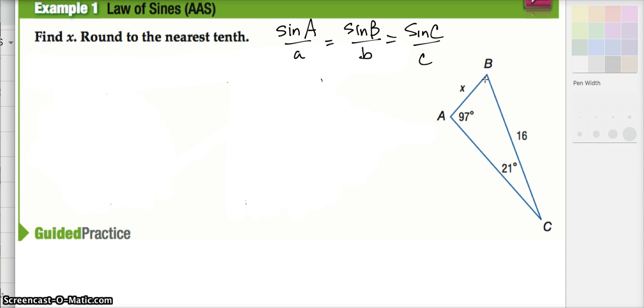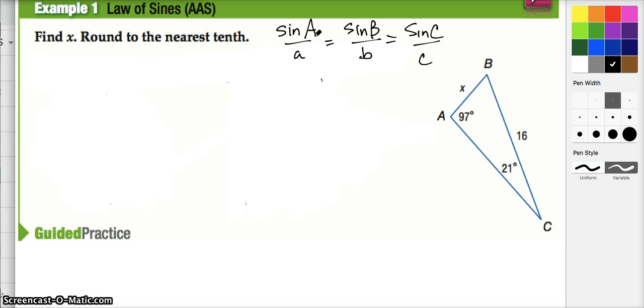Let's go ahead and try to use this to solve the problem. So here we go. We need a pair. We need an opposite pair. I need angle A and a side A, and an